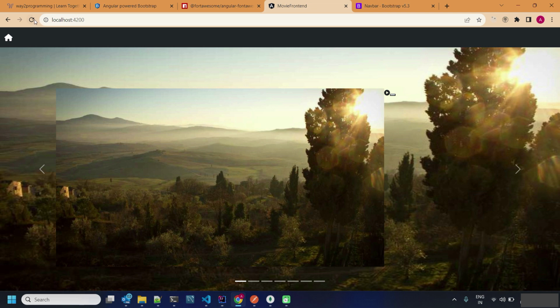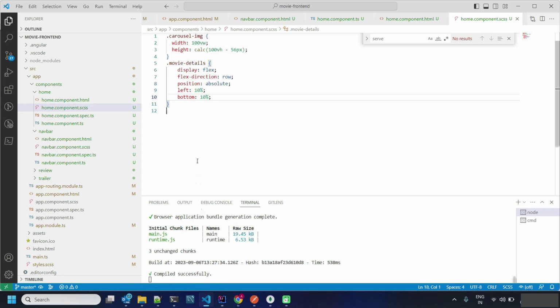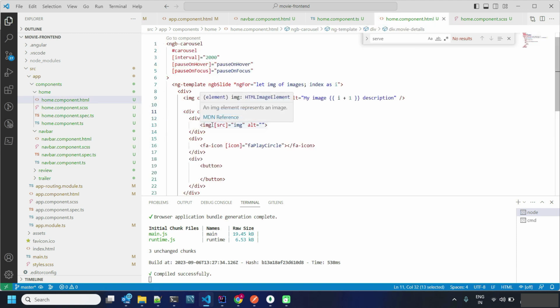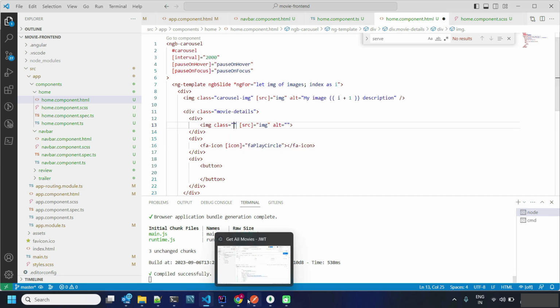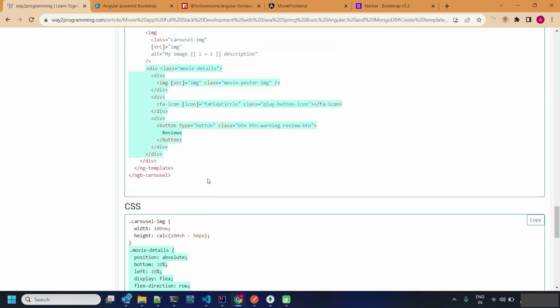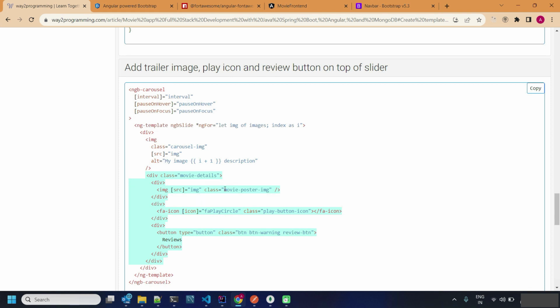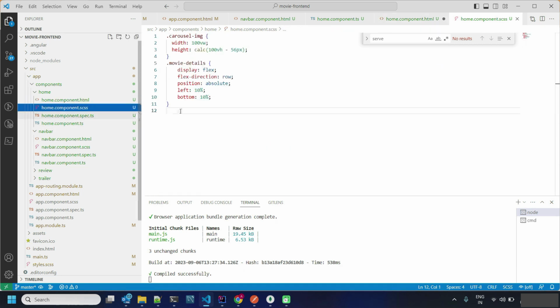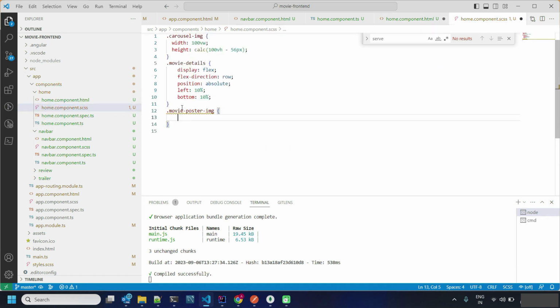So now you can see this image is displaying, but currently nothing is proper. Let's not worry about that. After that, in the image here we need to create one more class. Let's take the same name as this, movie poster image. Let's create the CSS for this. Let's give the height 300 pixels, width let's give 200 pixels,